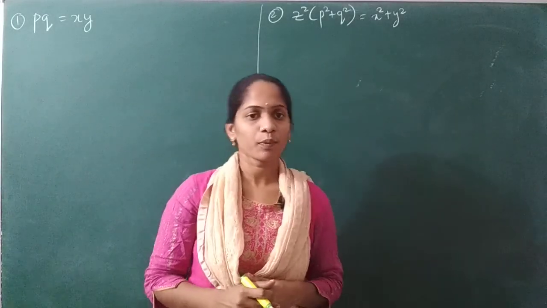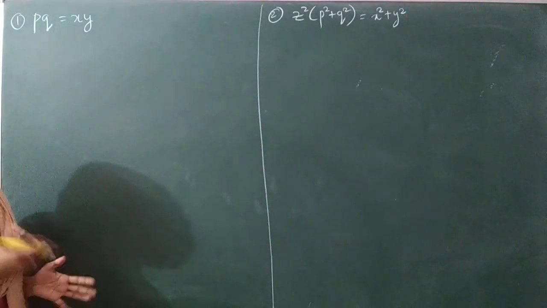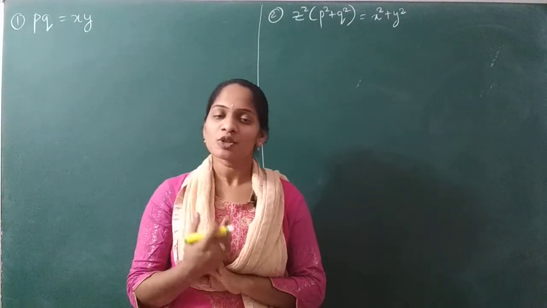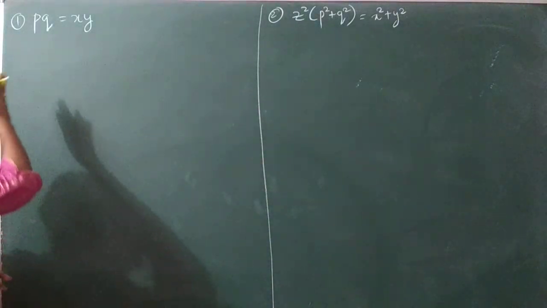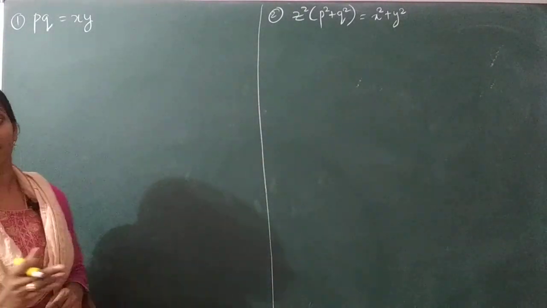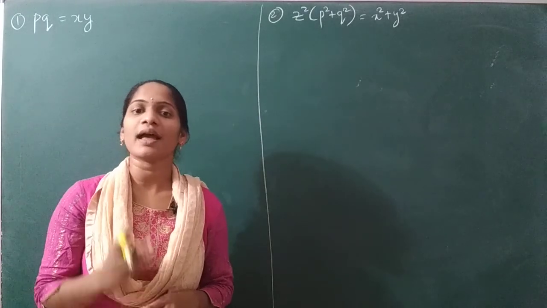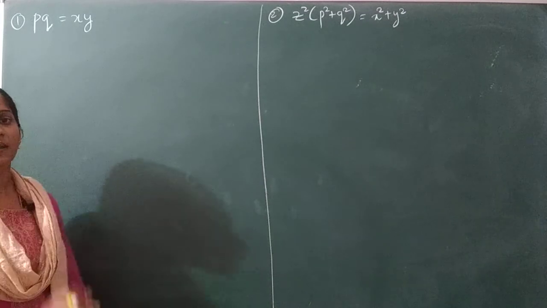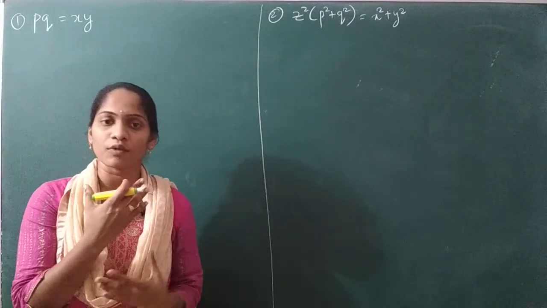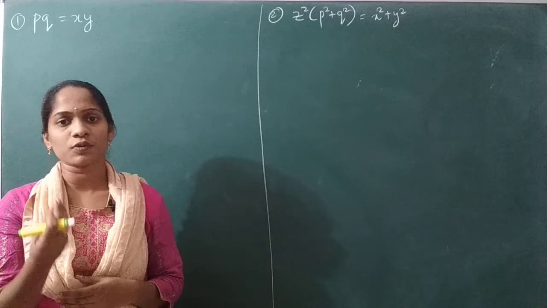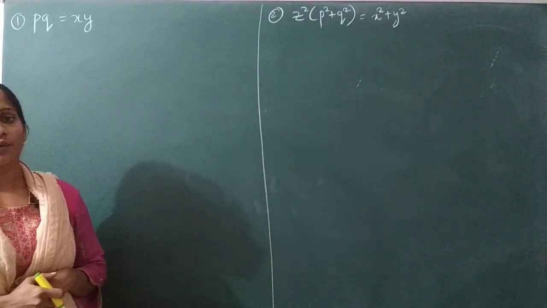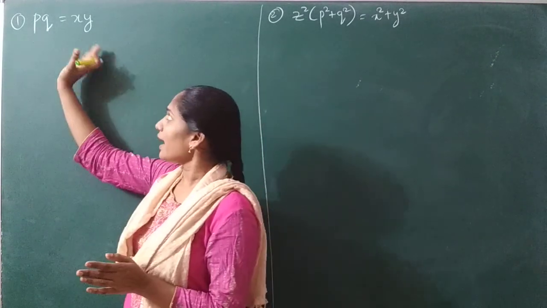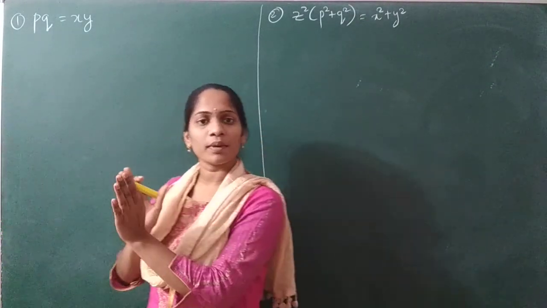Let us see some problems. The first one is an easy problem. Once we do easy ones first, then difficult problems will be understood. So here this is the given PDE which involves x, y and p comma q. When you see the given PDE, first you have to decide how many variables are involved. Here you have x, y, p comma q, so you have to separate the variables: x, p terms on one side, y, q terms on the other side.